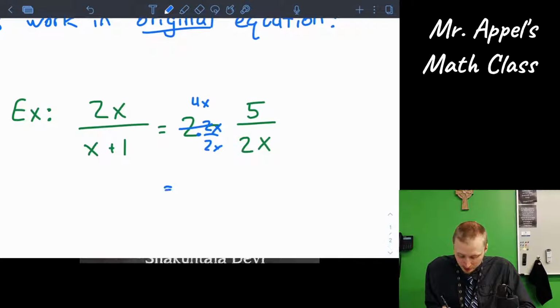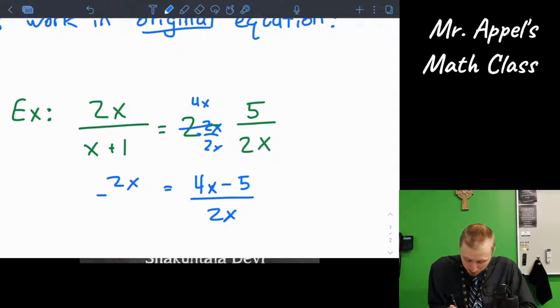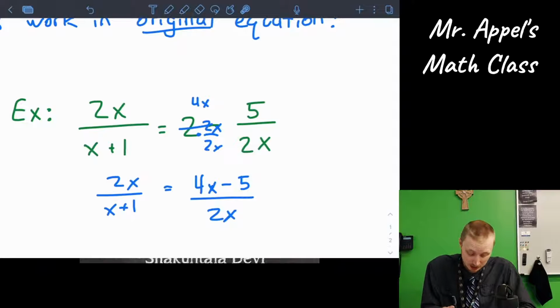So now I have (4x minus 5) over 2x equals 2x over (x plus 1). Now it's just a simple proportion. It's two ratios. This over this equals that over that. We know what to do with that. We can multiply